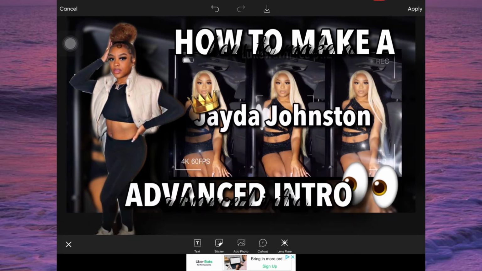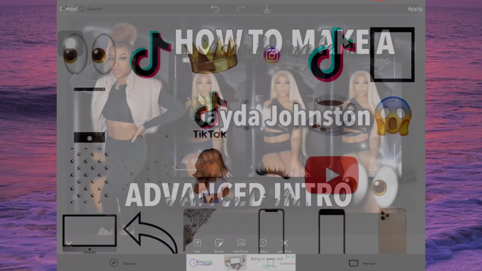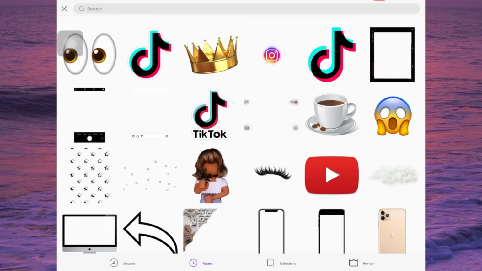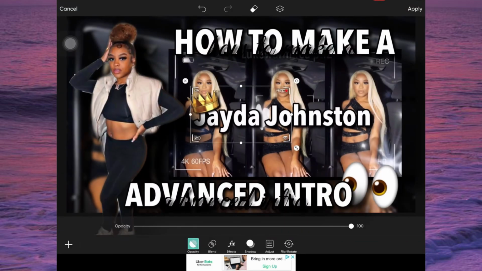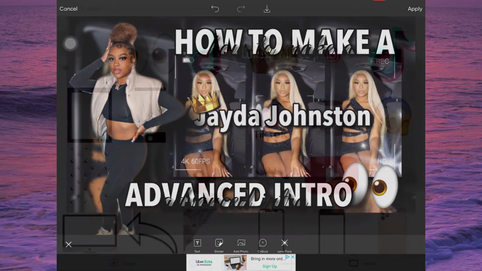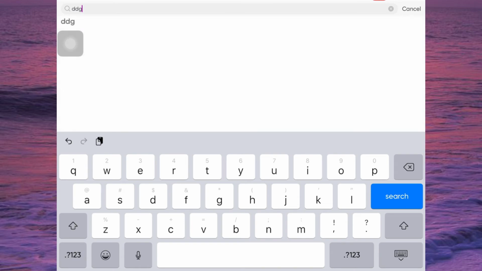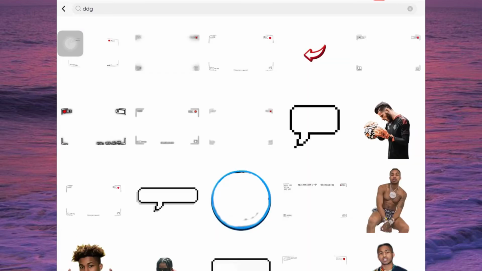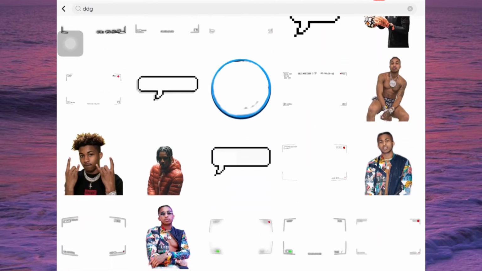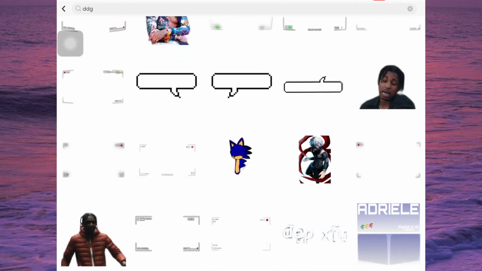Alrighty, I'm gonna put that there. Then I'm gonna go to sticker once again, and I'm going to click. If you guys want to find where I get the screen recorder from, you're going to go into sticker, go into search, and you're going to search in DDG. And then once you get here, you can find a whole bunch of screen recorder templates, basically the basic YouTube